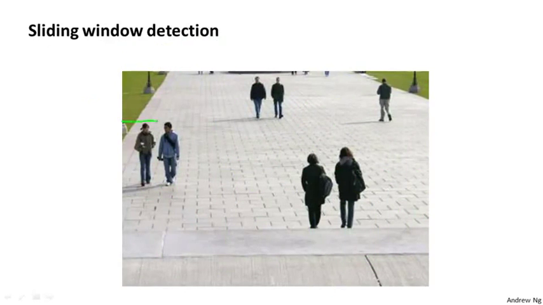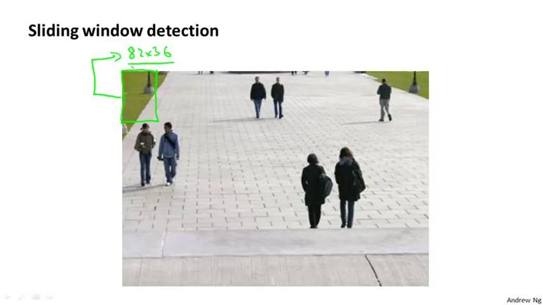And by the way, when I say take a larger image patch, what I really mean is, when you take an image patch like this, what you're really doing is taking that image patch and resizing it down to 82 by 36, say. So take this larger patch and resize it to be a smaller image, and then this smaller resized image is what you would pass through your classifier to try to decide if there's a pedestrian